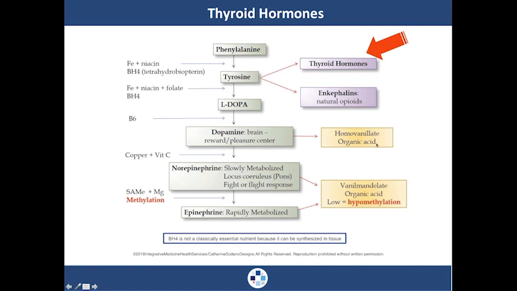What I have over on the side here, in the little yellow text boxes, are going to represent organic acids of the metabolites of dopamine, norepinephrine and epinephrine, collectively known as the catecholamines. Now, you can order an organic acid test to see if these particular organic acids are elevated. The one right here is homovanillate, and the other one on the bottom is vanillylmandelate. If these are running high in the body, it means that there is a lot of metabolism going on and a lot of stress in that individual.